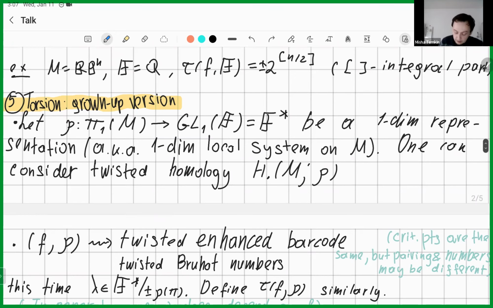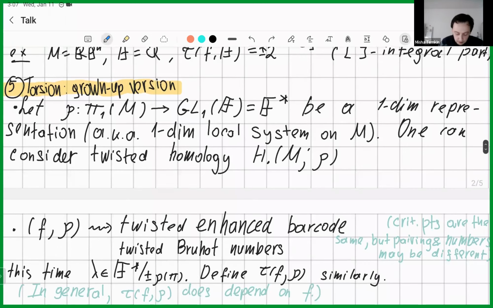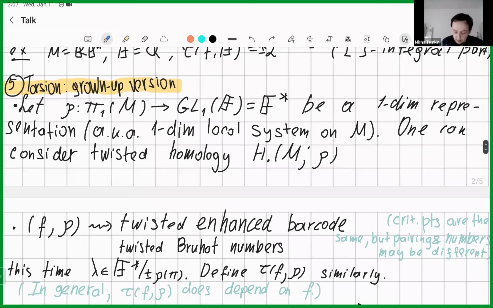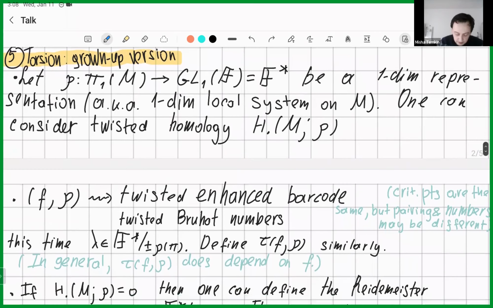Similarly, I can define tau of F and rho, the product of all the twisted Brouwer numbers with coefficients in rho, and in general, tau of F and rho does depend on F. So if there are no assumptions on the manifold, expectedly this tau depends on F. But again, expectedly, here comes the acyclicity condition,